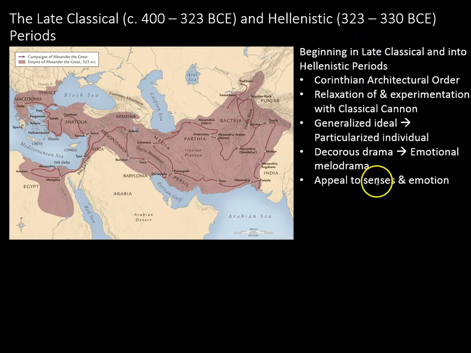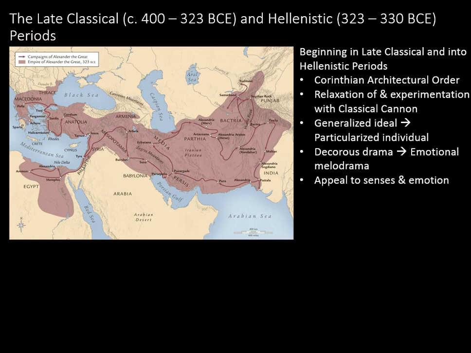In terms of artistic convention, we have a couple of new things that are going on. All of this begins in the late classical period, and it moves into and through the Hellenistic period. So we have a new architectural order that we'll talk about. It's the Corinthian architectural order. And then sort of more interestingly, I think, we have a little bit of relaxation and experimentation with the classical